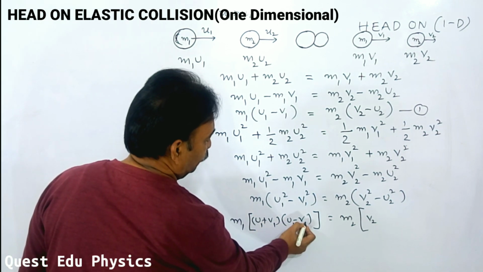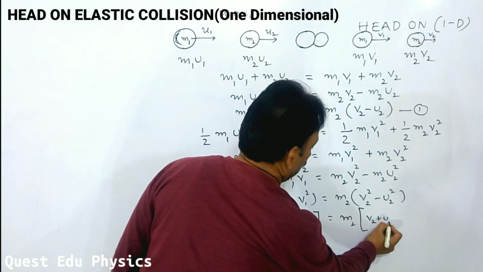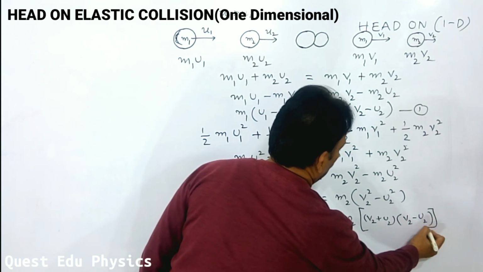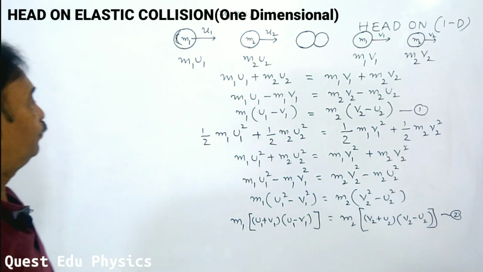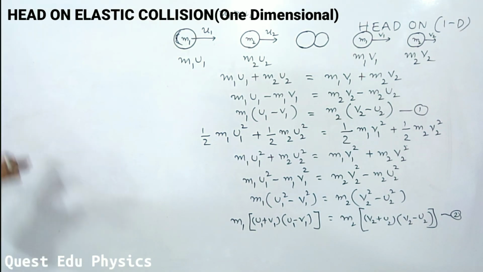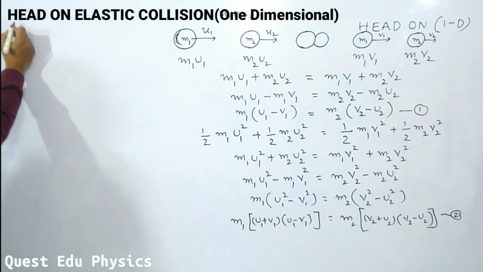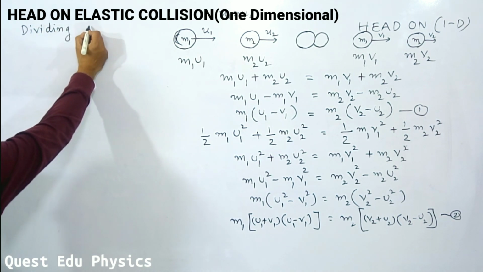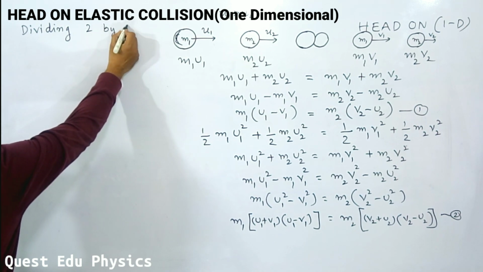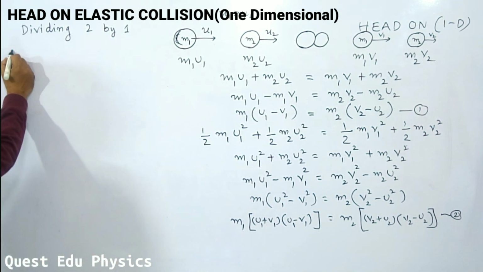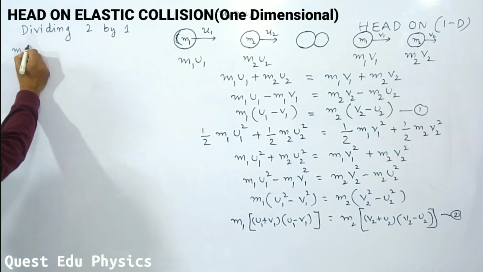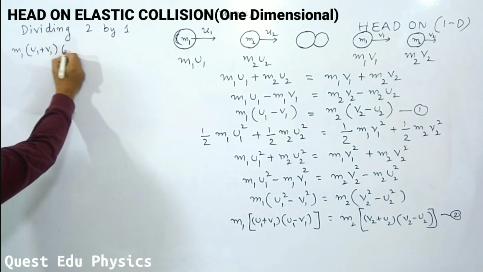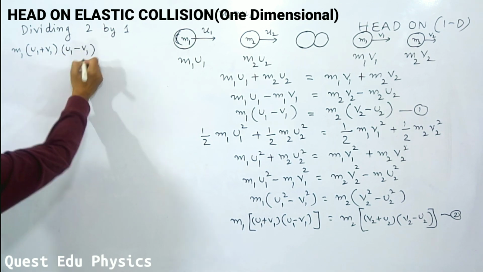Okay, students. Say it as equation 2, students. Okay. Next, what are we doing? Dividing equation 2 by equation 1. Okay, students. The second equation we have m1 of (u1 plus v1) into (u1 minus v1) is equal to